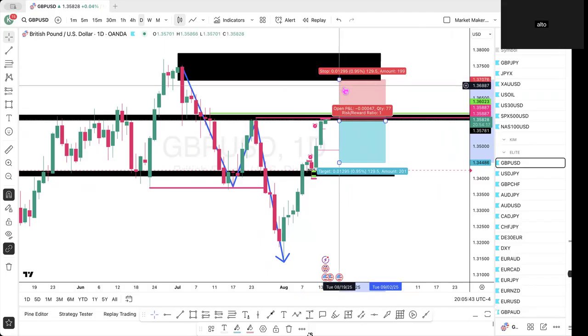Yeah, possibly. So in a sense, what I was trying to get clarified is that when the price pulls back,